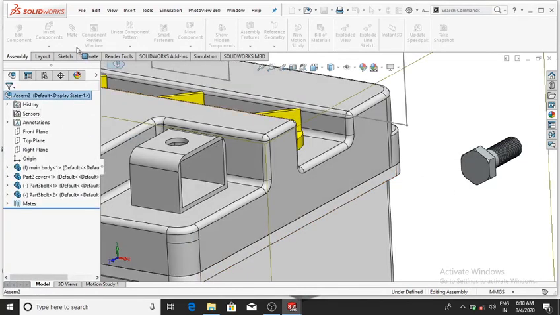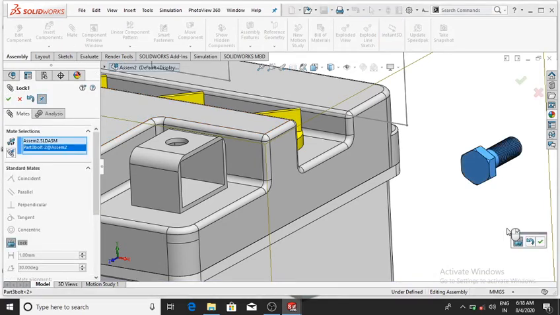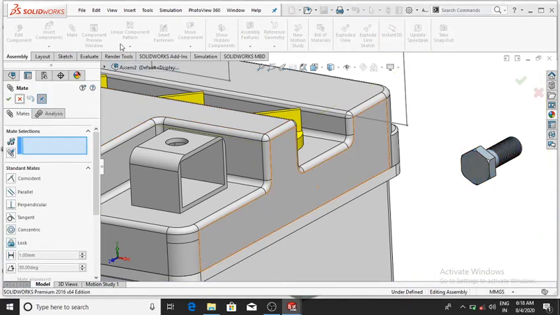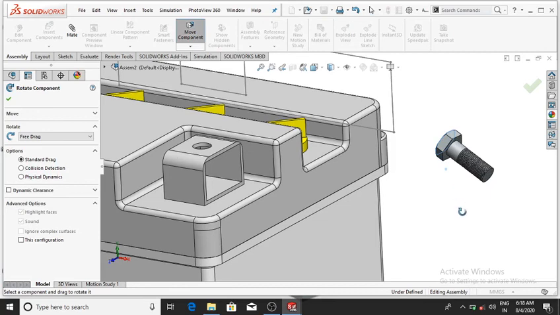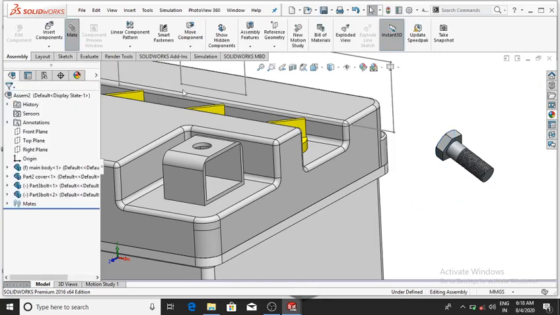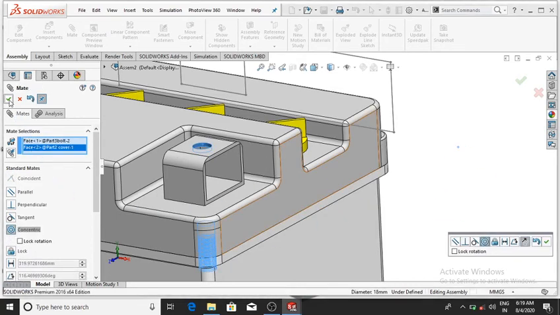First of all go to the mate, select this, now rotate this body, then okay, and again go to the mate and now select this face, select this circular face, and now select this circular face and make the relation concentric, then it will be selected, then okay.